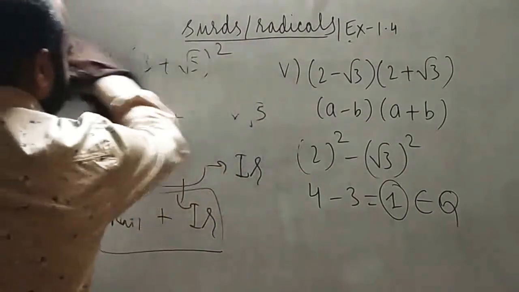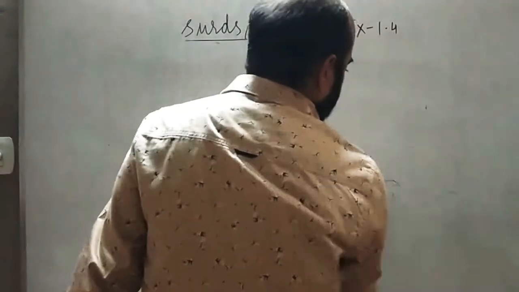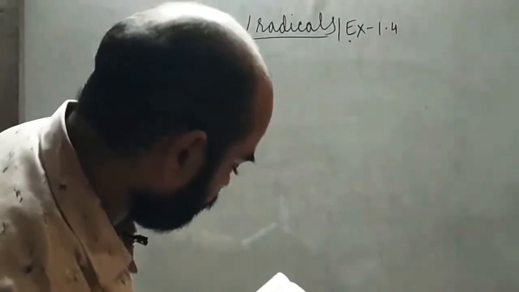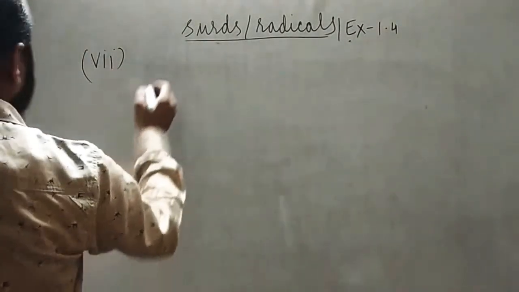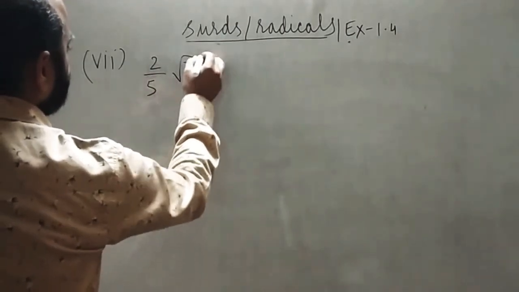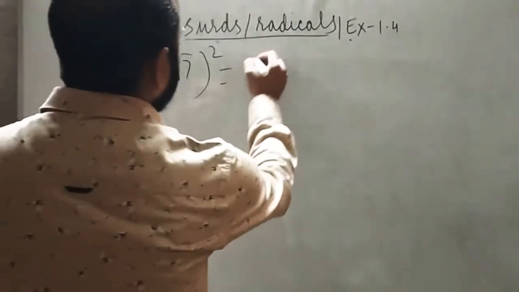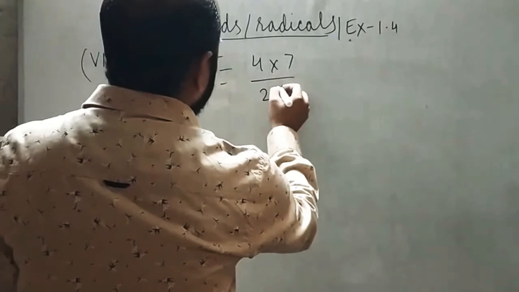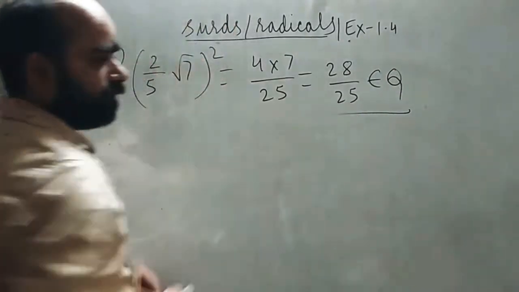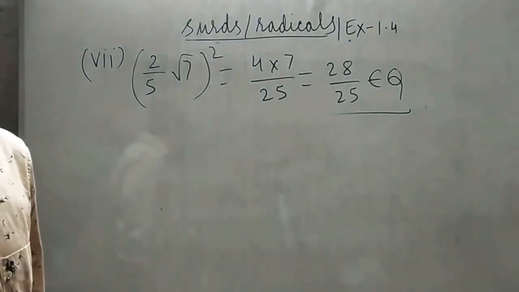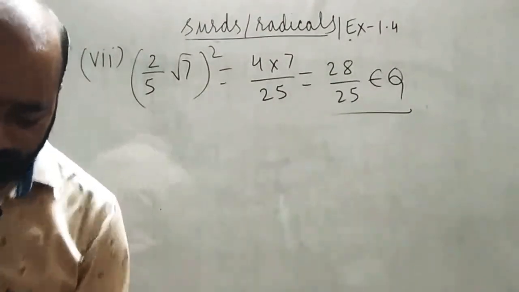One more question. So the seventh part, (2 upon 5 root 7) square. So this is rational. Why? When you take a square, that will give 4 into 7 upon 25, so this is also rational. Clear? And the question was, state which of the following numbers are irrational. So we have to check each of them. Okay, next